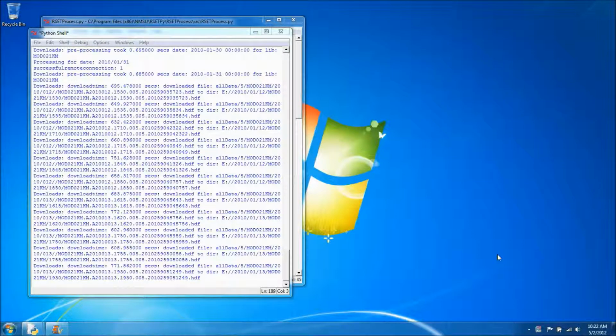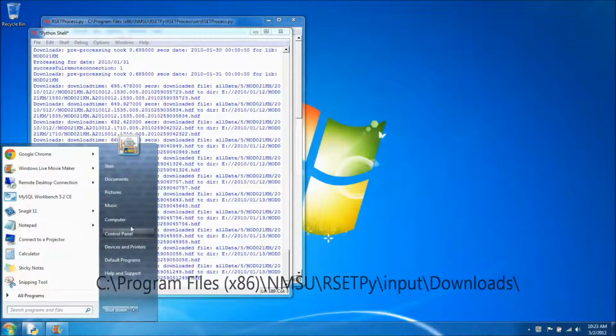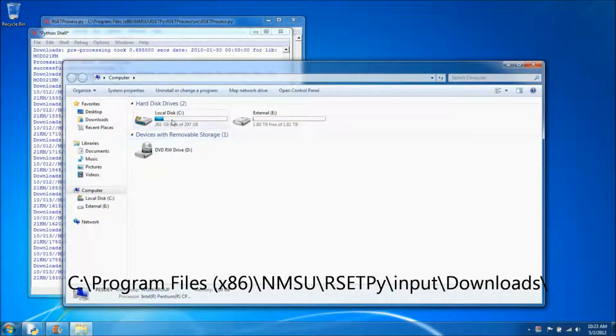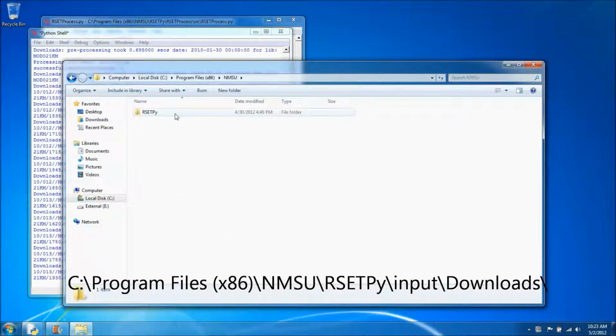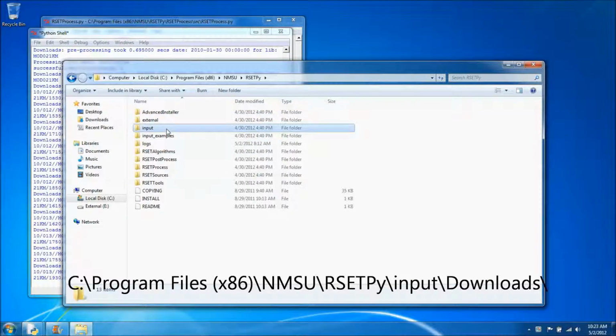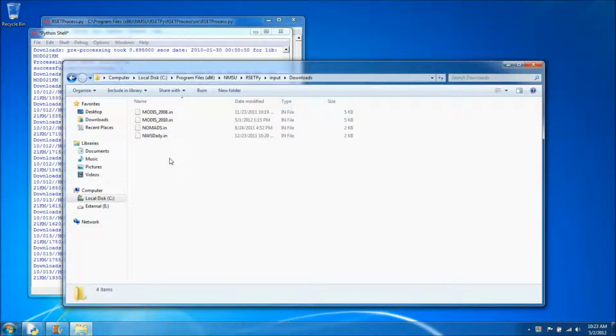Okay, so as you can see, RSETPy is still downloading the data, but we won't let that get in our way. So we're going to go ahead and create a new download configuration file. We're going to go to the Start menu, open up Computer, go to C drive, Program Files x86, NMSU, RSETPy, Input, and then Downloads. Suppose we wanted to download 2012 data. Well, we could modify this